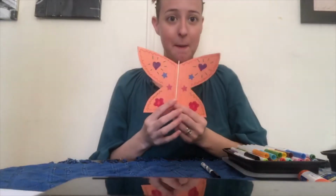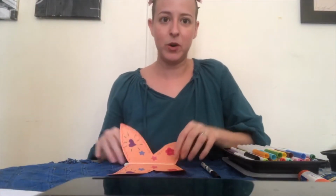While Miranda's dad, Prospero the wizard, is trying to tell her about her history and where she comes from, Miranda keeps getting distracted. And every time she sees a butterfly, she gets distracted and she stops listening. So that's why we are going to make our butterfly puppets. And then next week we're going to see that scene. We can use our butterfly puppets and we can distract Miranda when her dad is trying to tell her this